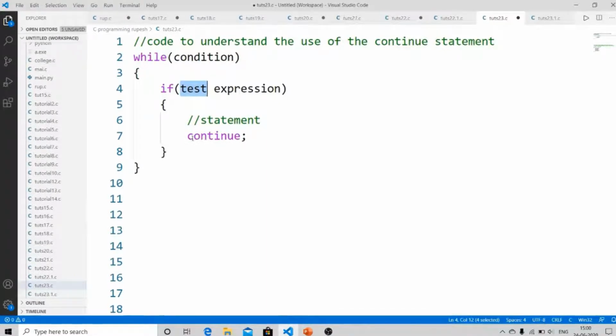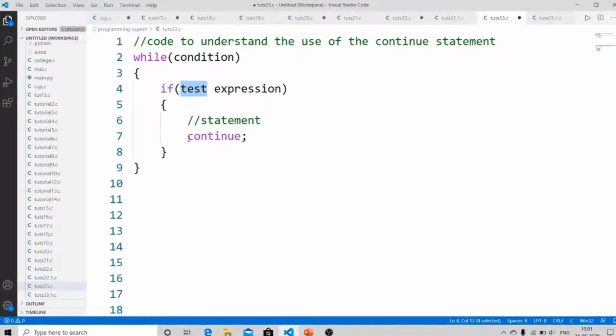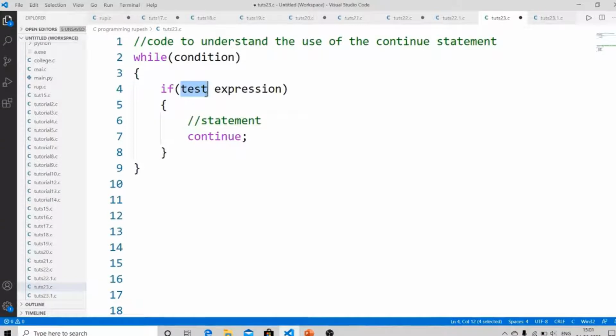It will then redirect this iteration to the new iteration. That means it will redirect the code to its initial position, move up, and check the condition again. If it again finds the test expression to be true, it will encounter the continue again and go back to the condition part.